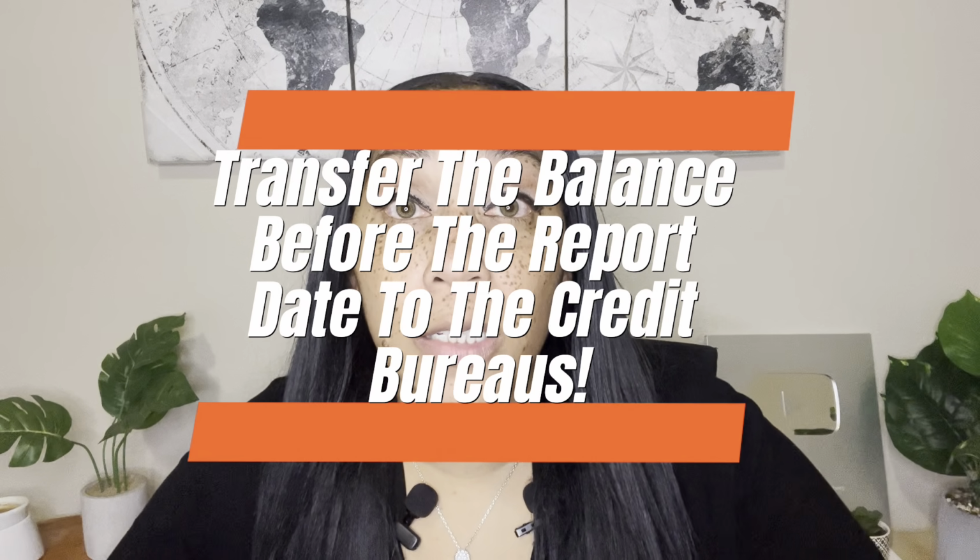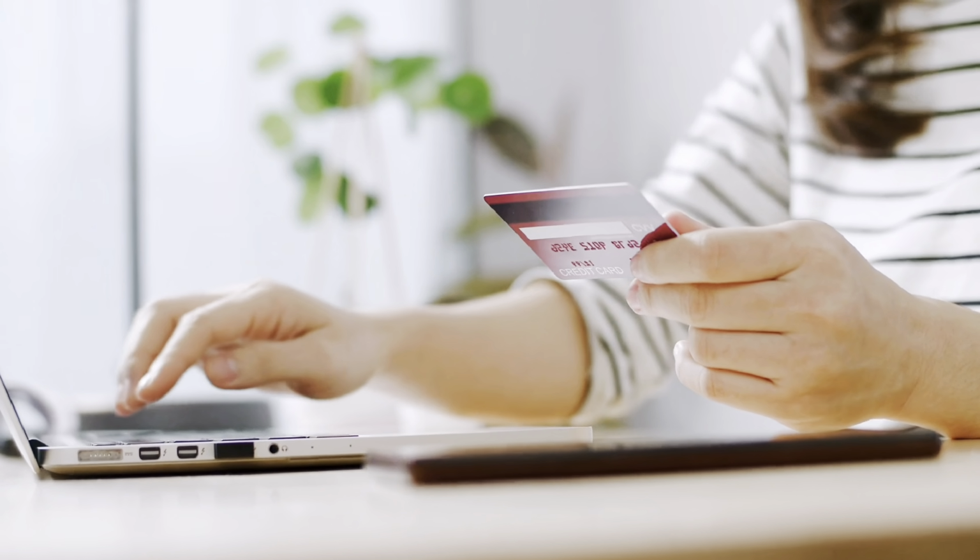If you are in that situation, see if you can transfer some of that balance to another card that has additional space to bring that credit card utilization down before the report date to the credit bureaus. If not, then you're stuck with that for the next 30 days on your credit report. Also, if you're saying, hey, I don't even have any more room to transfer that balance over, what you want to do is aim at the credit card with the highest individual utilization and, over the next 4 weeks,